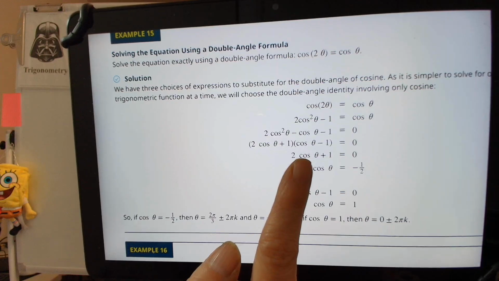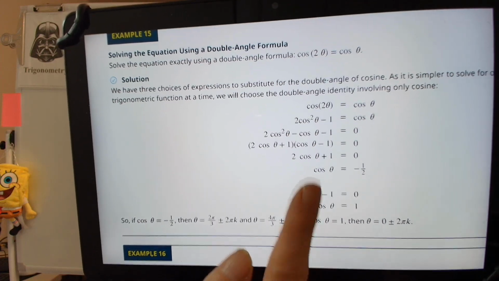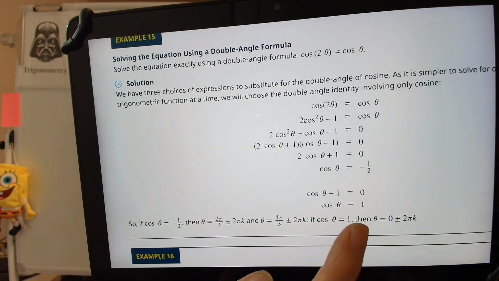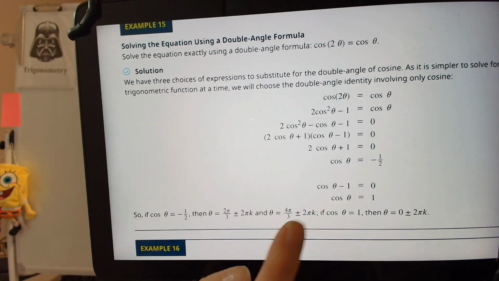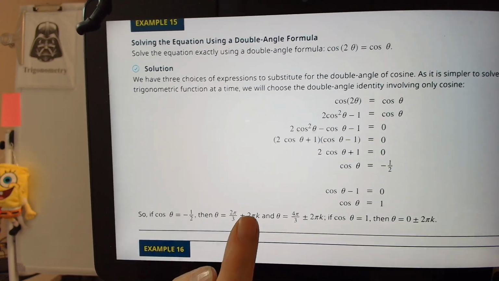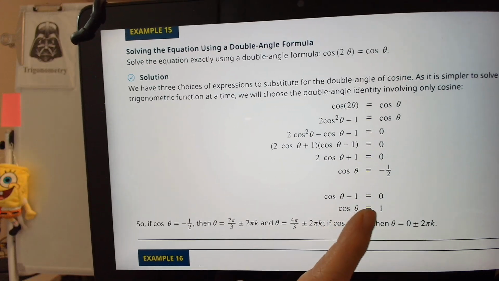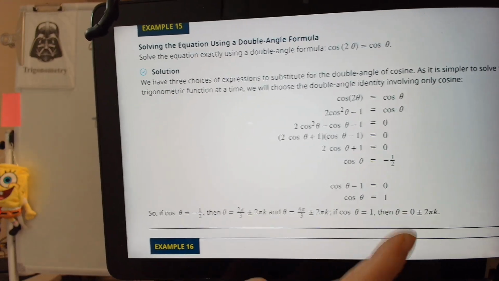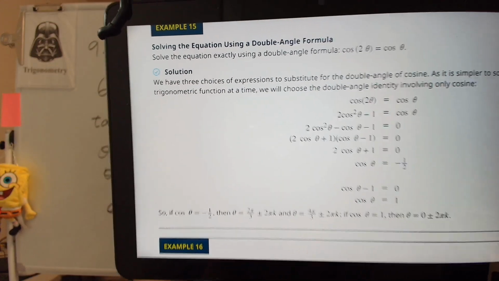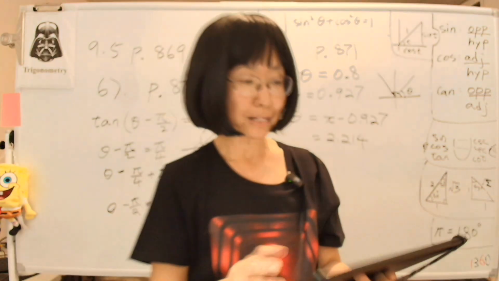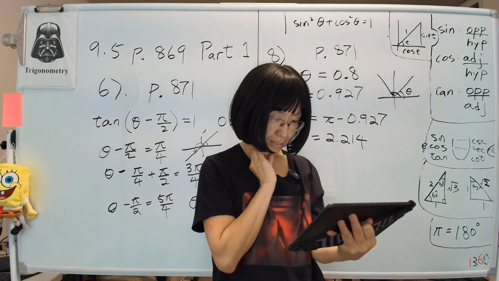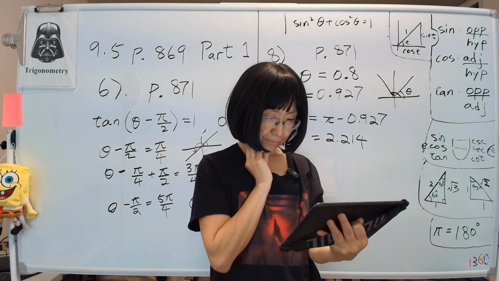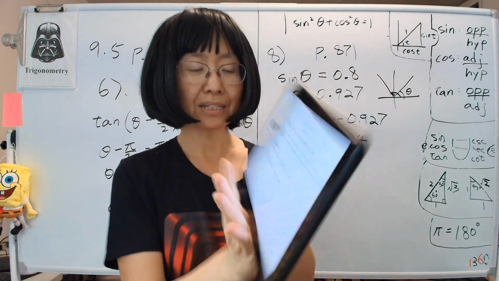You rewrite this, factor it, and solve it into two solutions. Equals minus 1/2 and then 1, and then each one will give you the two angles, except cosine theta equal to 1 only gives you one angle. So you have 3 angles in your answer. So please do example 15 yourself. Next, let's look at example 16. Yeah, the example 16 we have